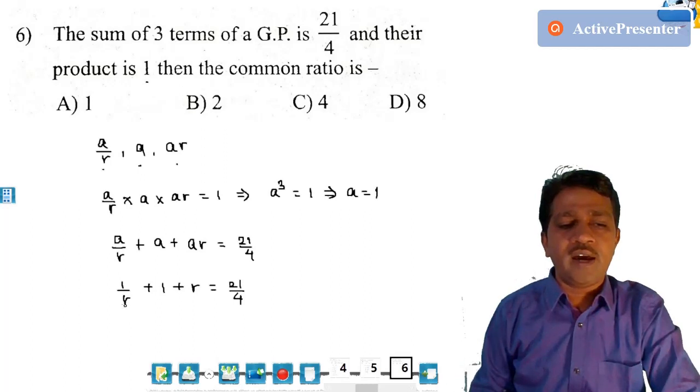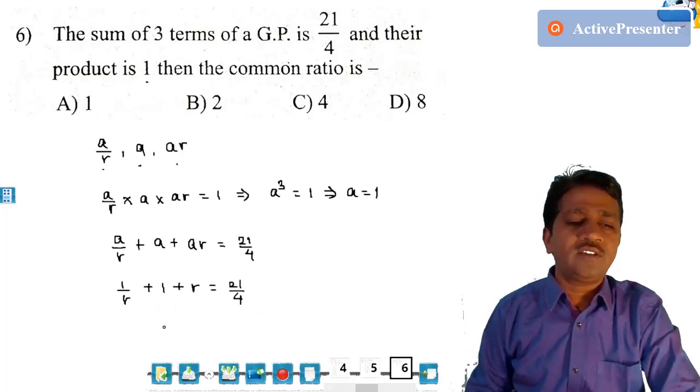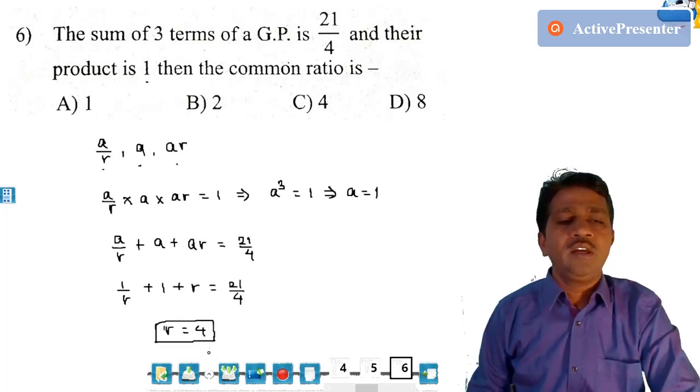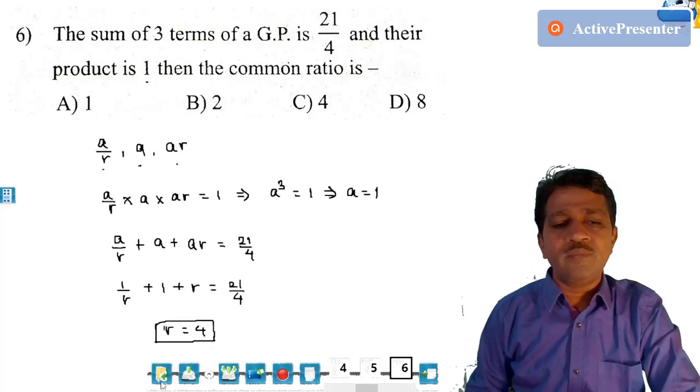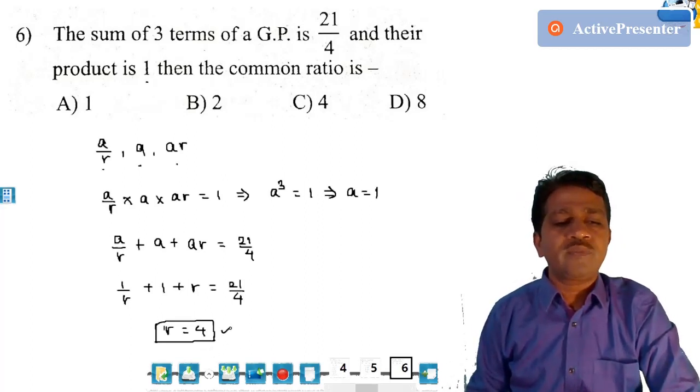So if I write R to be 4 here, I will get 4 plus 1, 5 into 4 is 20. So you can check, or you can solve this quadratic equation. You can just rearrange and solve. If I use the check method and put R equal to 4, the equation is satisfied. As we are going to solve these problems for CET or JEE, one need not perform all the calculations. You can also use the tricks, or you can also use the check method.